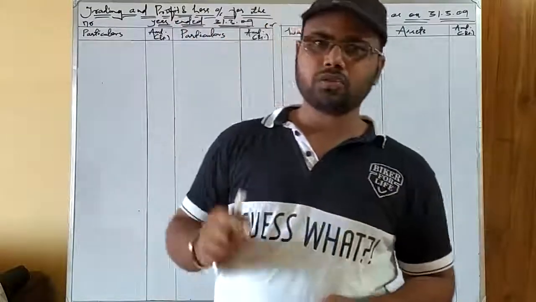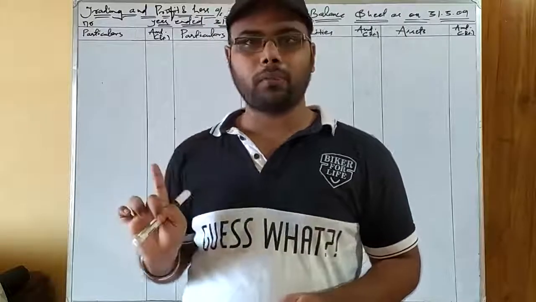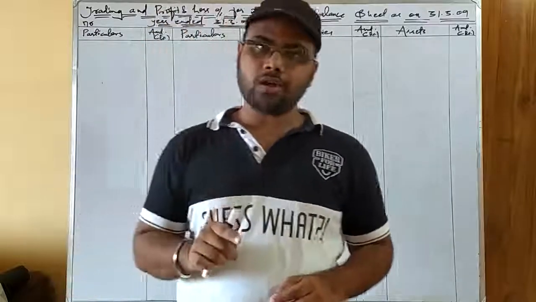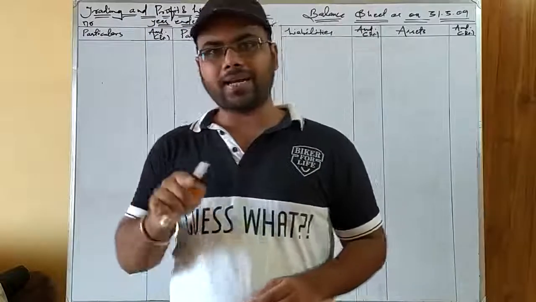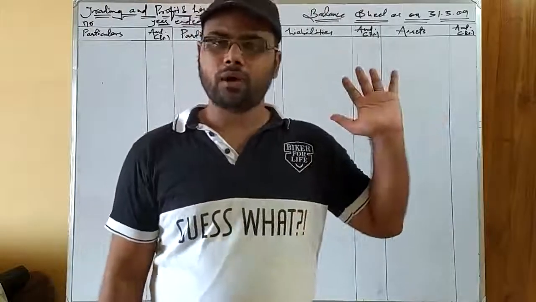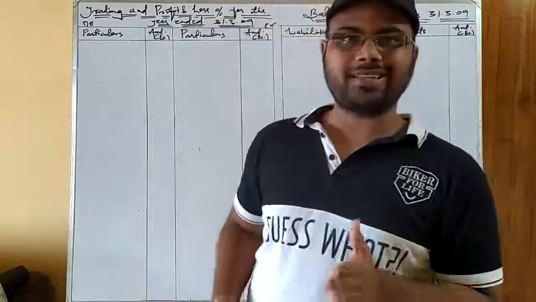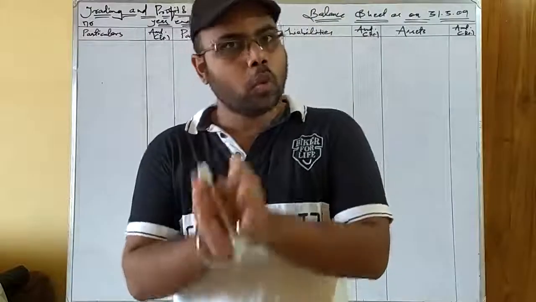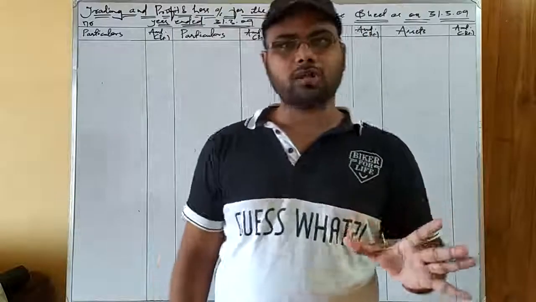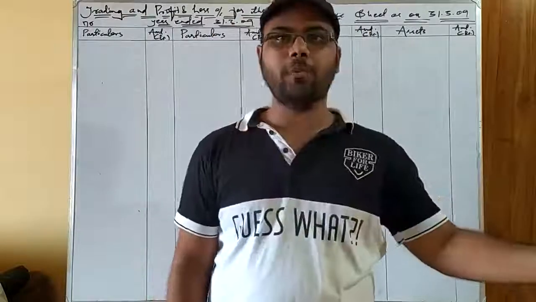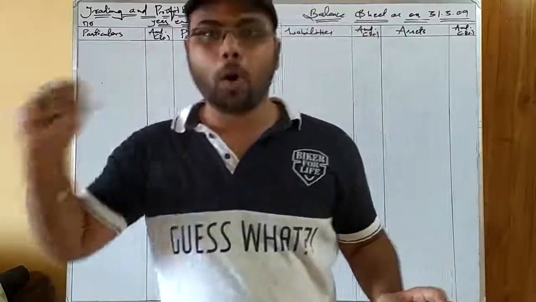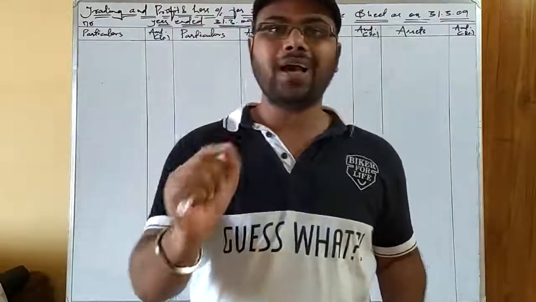Till now we haven't solved problems related to adjustments except closing stock. Closing stock is the only item in this chapter that happens to be an adjustment, as I told you earlier, and you have seen many problems where closing stock is taken as the adjustment. Adjustment means those items or transactions that are completely omitted from the books of accounts.